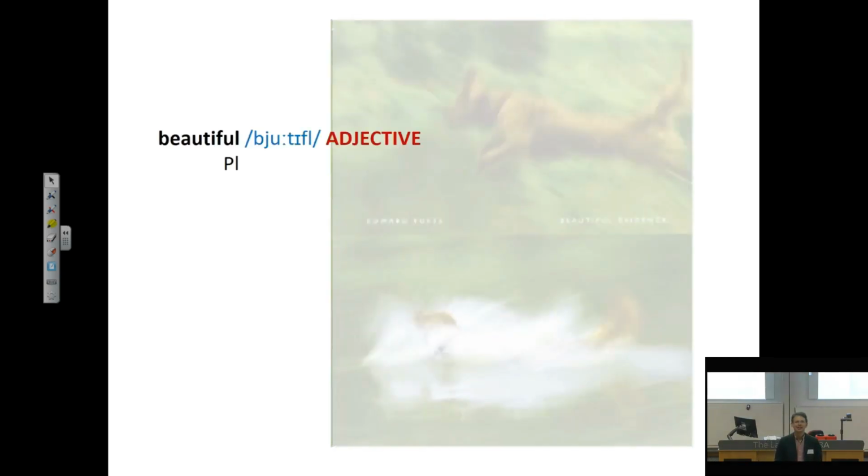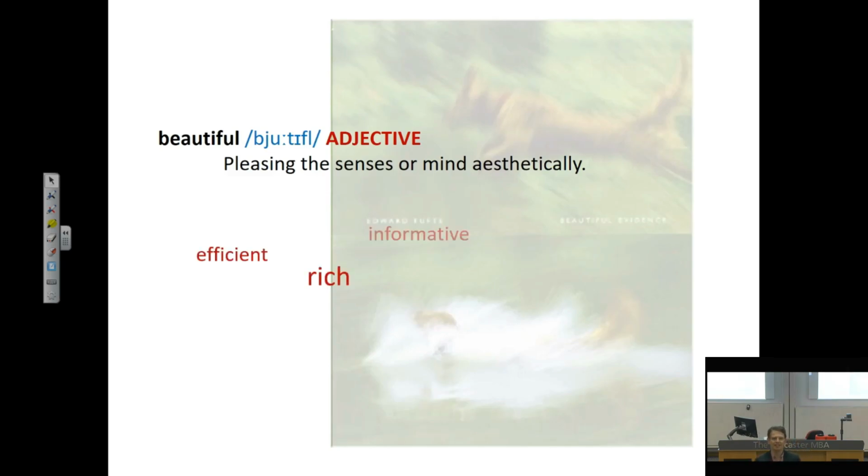Okay. When we think about beautiful, we usually think about pleasing to the senses, aesthetically beautiful. But when we think about beautiful in the context of science, and we talked a lot about science yesterday, we are thinking more about things like rich, efficient, informative, useful, and clear. Right? There's something beautiful about clarity, both in writing but also data presentation. Right? So we'll be trying to explore that aspect of beautiful in this particular context.